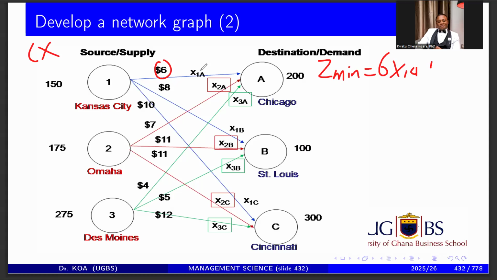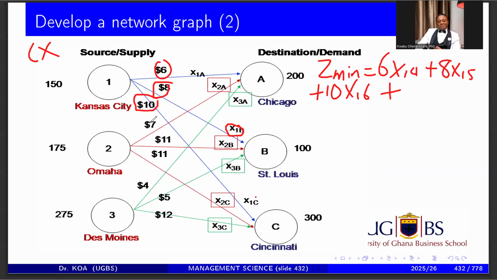Then you do plus. You go to the next one. The next one is 8. And then you check its decision variable. Okay. This is where if you don't check carefully, it can flop. And that one is 8x15. Then you do plus. You go to the next one. The next one is 10. Okay. And that 10 is multiplying x16. So you do 10x16. Then you do plus. You go to the next